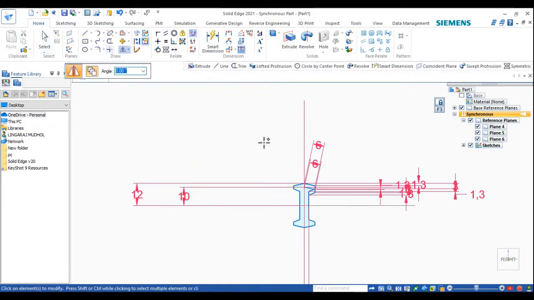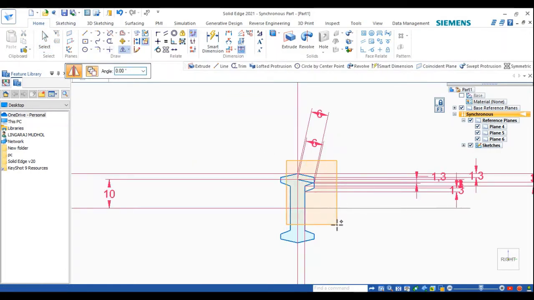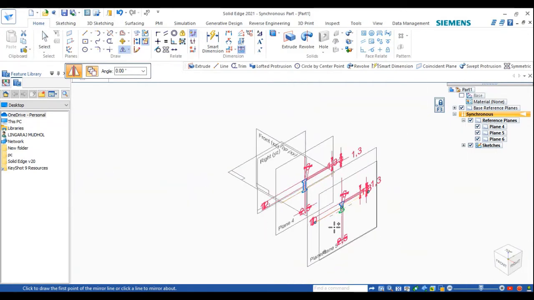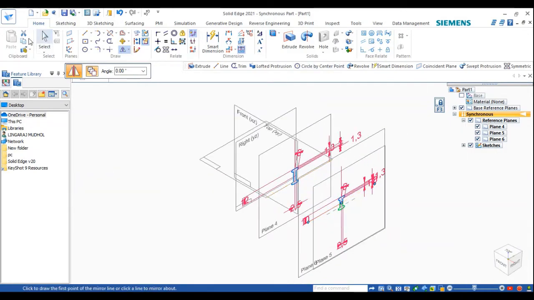Okay, now I'll take the mirror option. You can see this. Just mirror it this side. So I'll click on this axis, I want to mirror on the downside. Okay, I'll click on this axis. I'll return. You can see enough. Okay, now